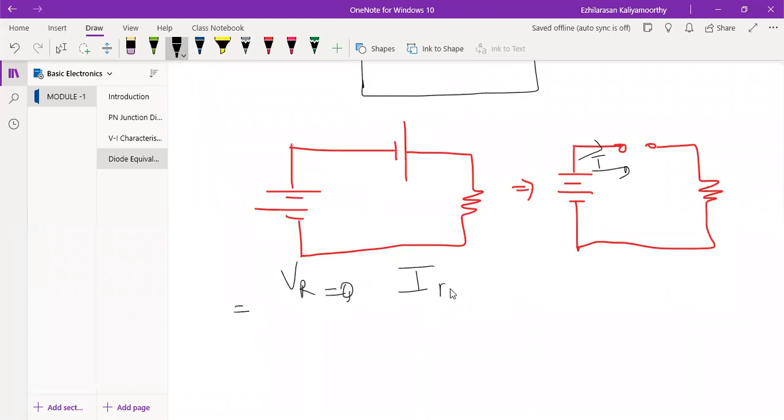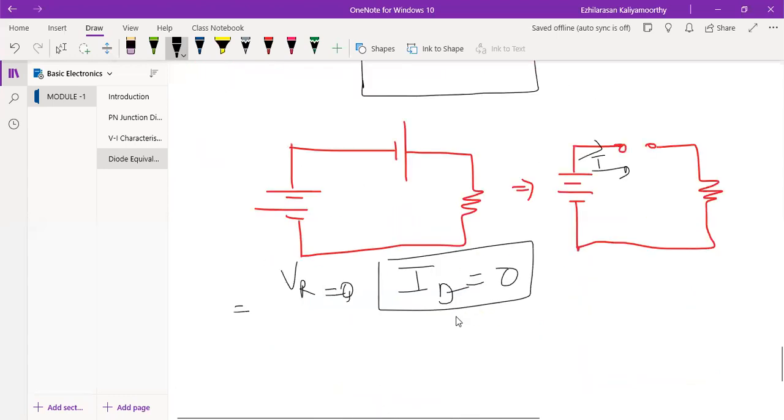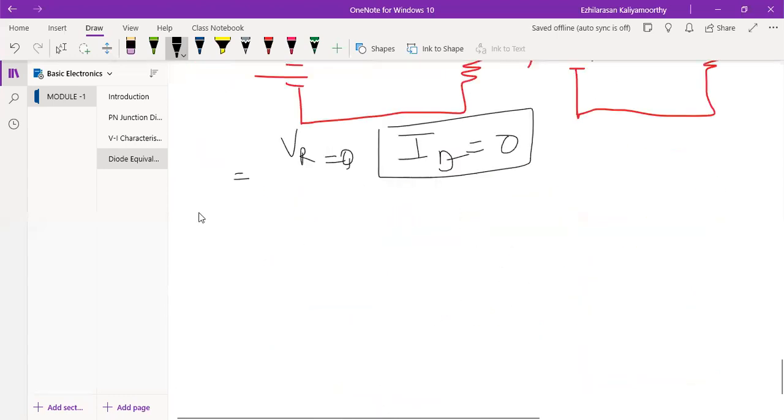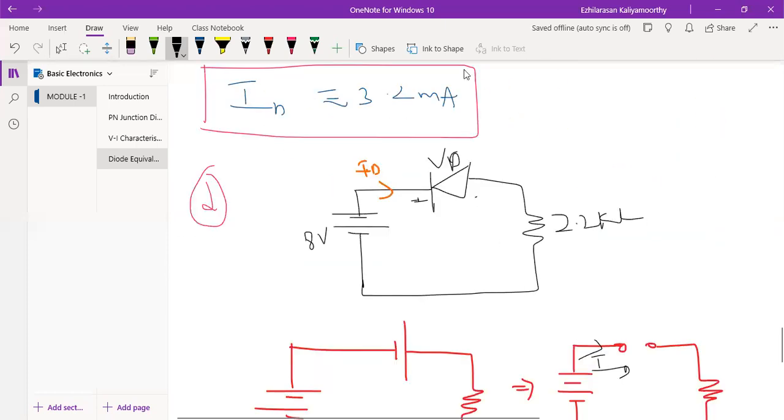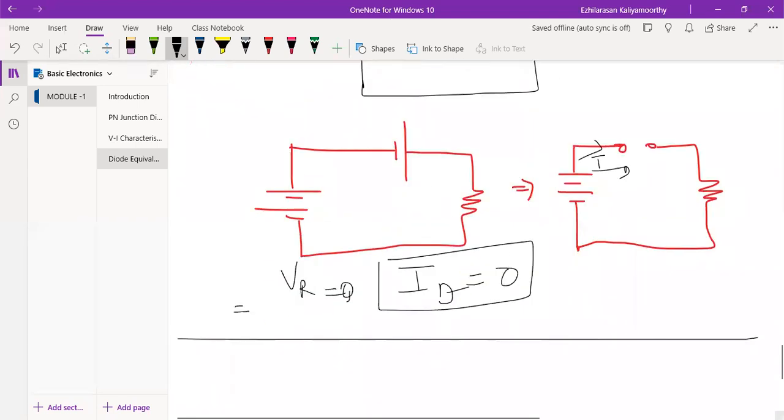Then ID also will be equal to 0. Very, very simple. I can write ID. From seeing this figure only, straight away you can write the answer, ID is equal to 0. This will be the answer for this. I hope you have understood that. Okay. Yes, this is all about the